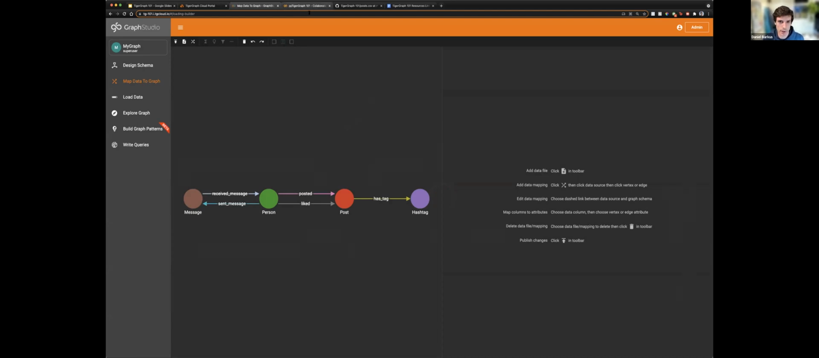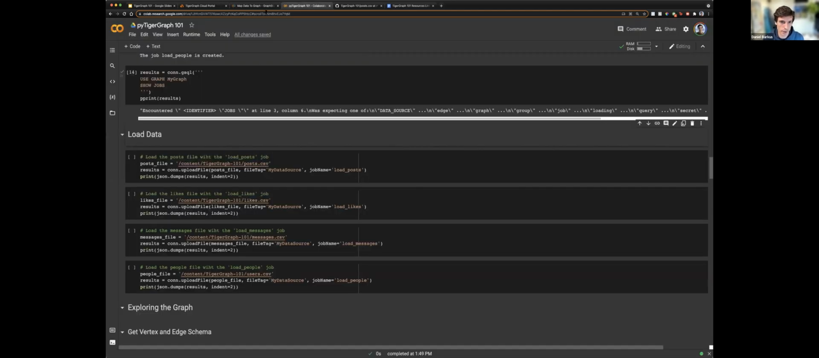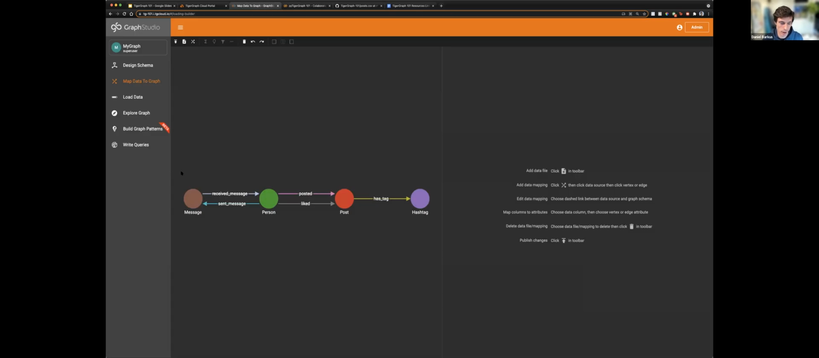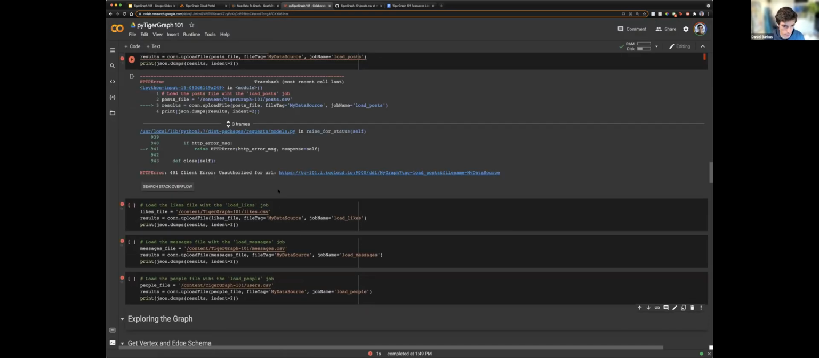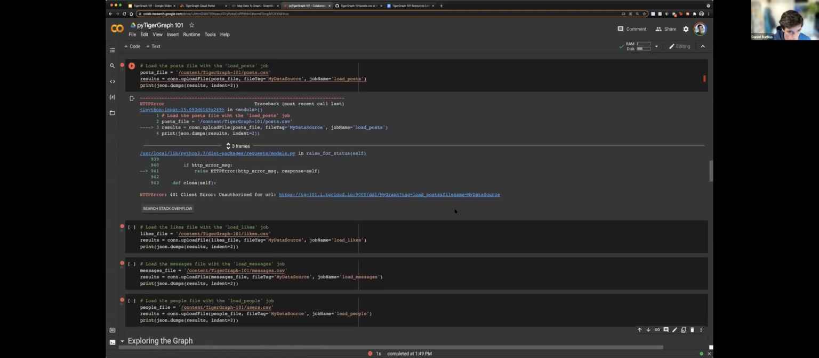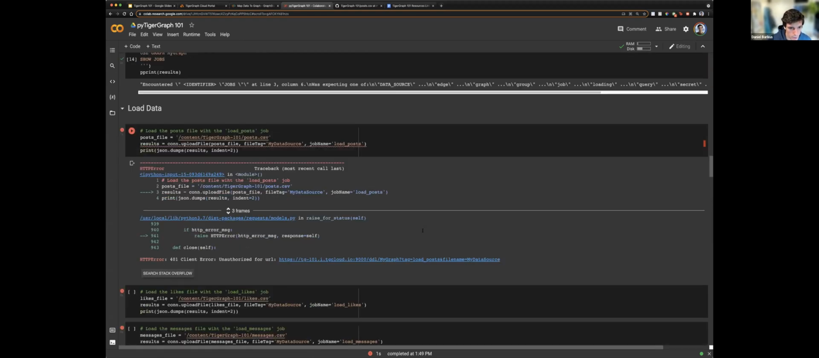So just one caveat there is if you do the mapping via code, it will not show up in this map data to graph category. But what we can do now is go ahead and load all of the data. So we'll just run each one of these files. Or we would if